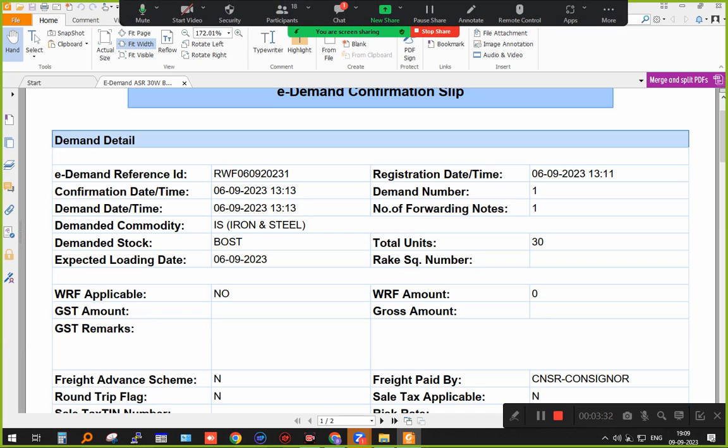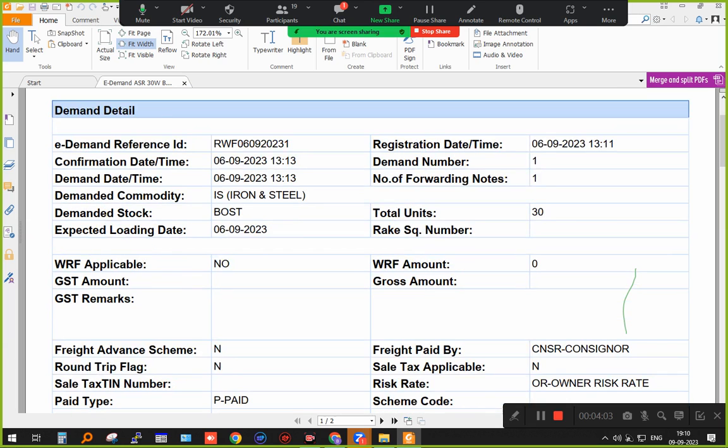Now this is just like the ticket which a customer purchases online. When you purchase a ticket, you get an e-ticket, an electronic ticket. Like that, here E means electronic. So for the electronic demand, whatever wagons he is demanding from the railways, after paying the wagon demand registration fee, we give him a confirmation slip. That confirmation slip is called the e-demand confirmation slip. Now this is